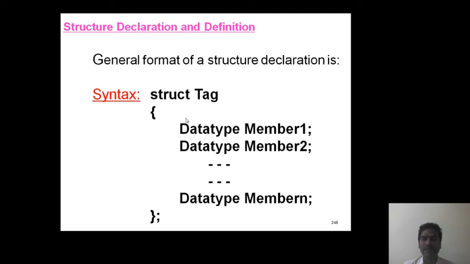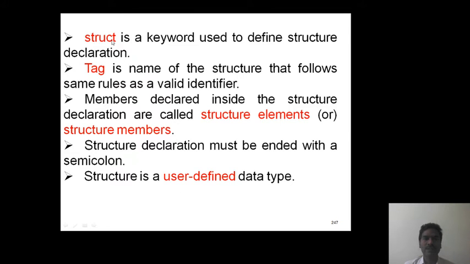Inside the braces, we place some members like data type member 1, data type member 2, and so on, data type member n, which are known as members or elements of the structure. So struct is a keyword used to define structure declaration.